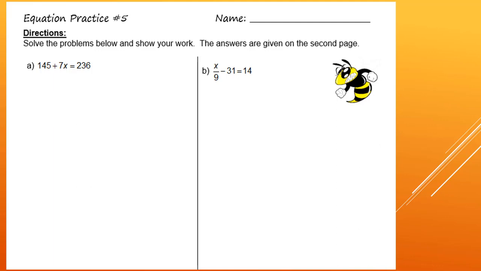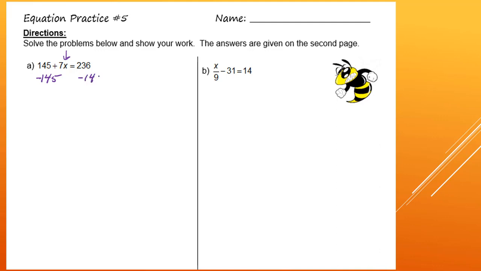All right, the first one says 145 plus 7x equals 236. Okay, so like I said, there are 2 steps to this. First thing we might want to do is locate where the x is. That's what we want to isolate or get by itself. So the first step is to cancel the neighboring term. So we have a positive 145 here, so what we're going to do is subtract 145 from both sides of